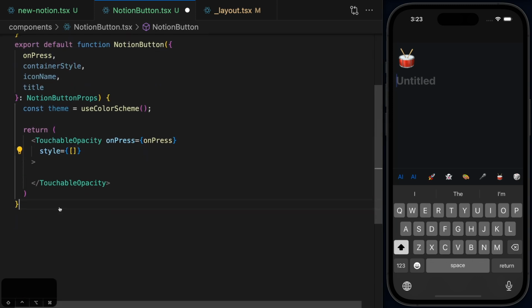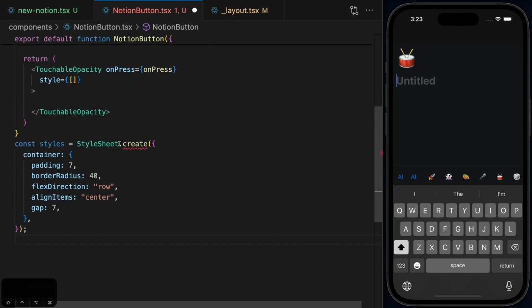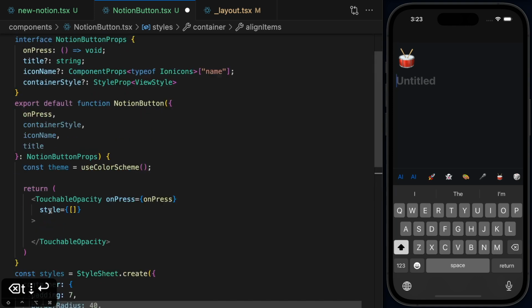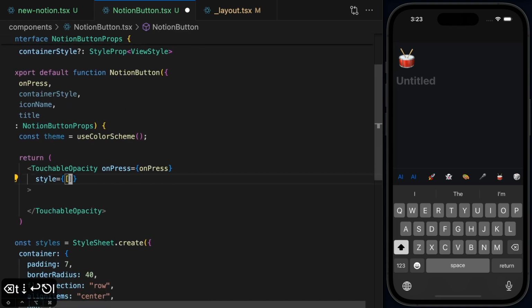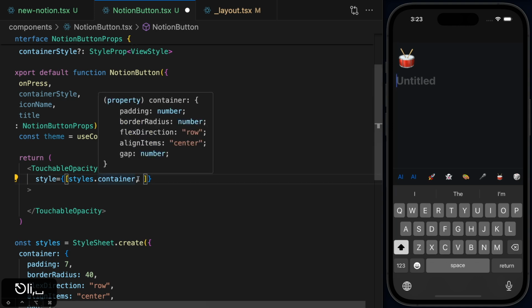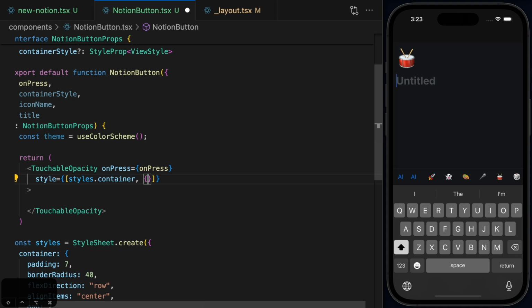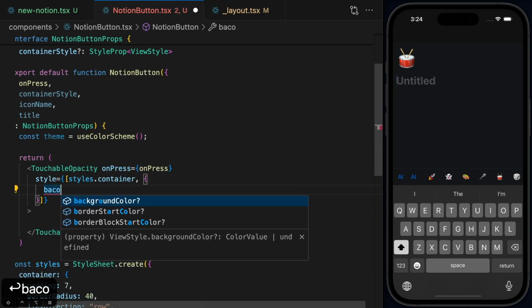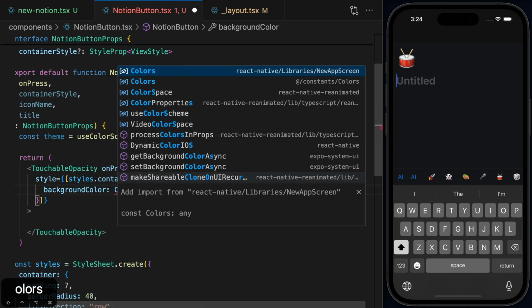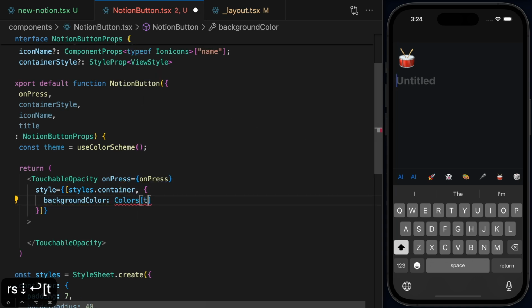So for this style, I'll create some StyleSheet down here from React Native. This container will have a padding of 7, border radius of 40, flex direction row, alignItems center, and gap of 7. So let's go ahead and use this in here. And then I also need to extend this for the background color and border radius based on the state of the theme. So let's create an object in here and say backgroundColor from the Colors in the constants, at position theme